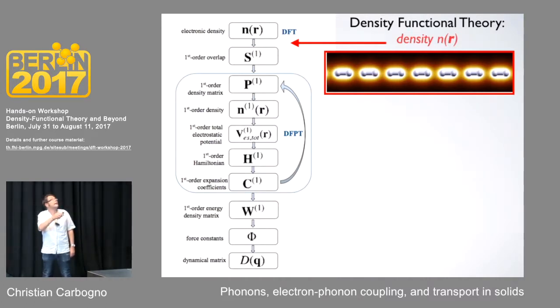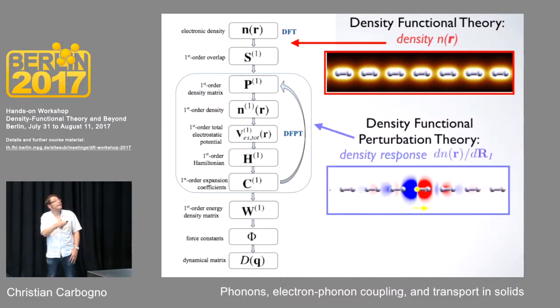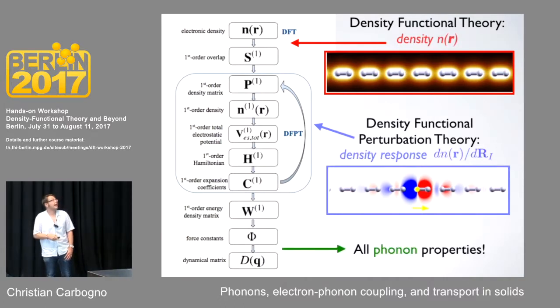This will require an additional self-consistency cycle, one for each perturbation, and this will then tell you how the electronic structure will change if you slightly displace one atom. And you see this would be such a calculation, and you see that the density response, so this derivative, is localized around the perturbation. And then from the sum over all couplings, you can calculate your phonons, as we will see later.